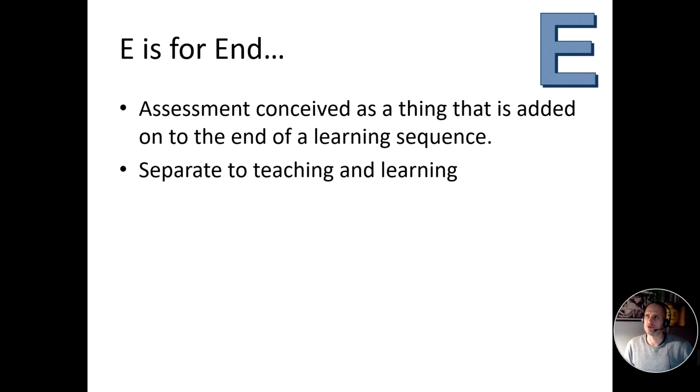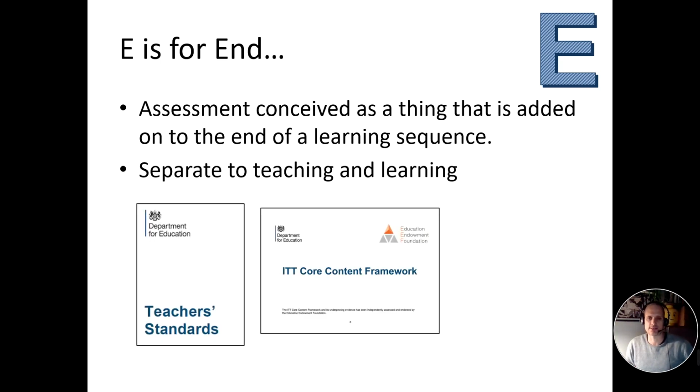Some other issues I feel with assessment, partly that assessment is a thing that's done after teaching and learning finishes. It's separate. It's sort of, okay, at the end of a sequence, we'll assess how you got on. It's not embedded as such. And to some degree, the frameworks that guide our teacher education do the same. So they separate out assessment.